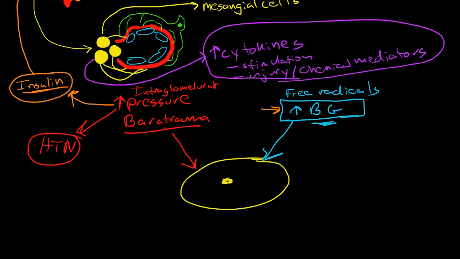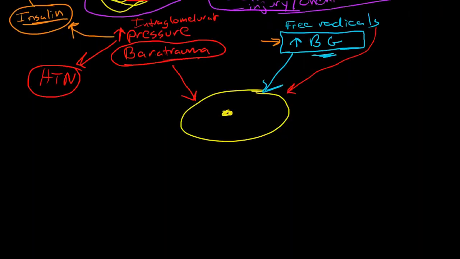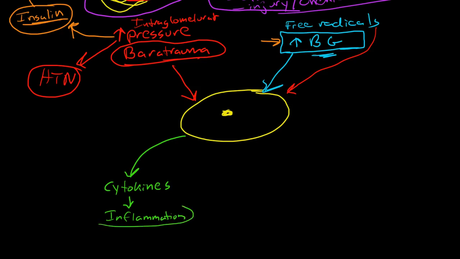So we have barotrauma or free radicals that are causing stress to this mesangial cell. The mesangial cell is going to react in a couple of ways. First of all, it's going to release cytokines, and that's going to cause inflammation. And second of all, the cells are going to stimulate a hypertrophy of the mesangium,